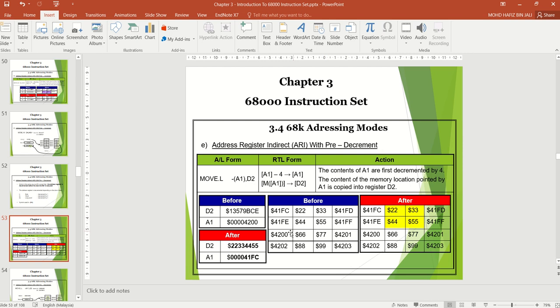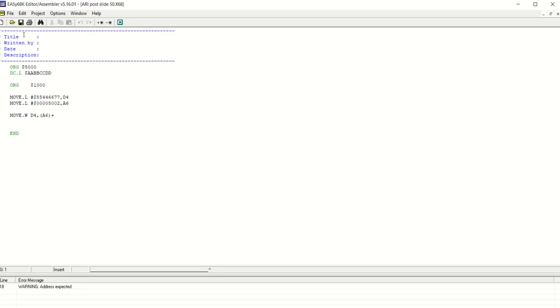But after execution, D2 will change according to the content inside the memory location, which is 22334455. So from this value to this value. Okay, so let's try to see the simulation.